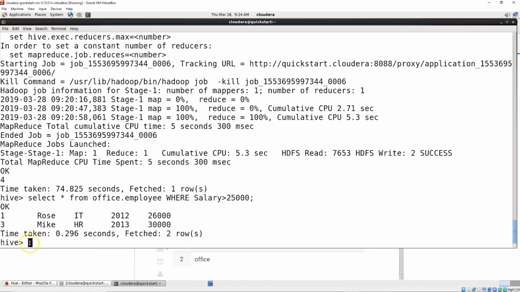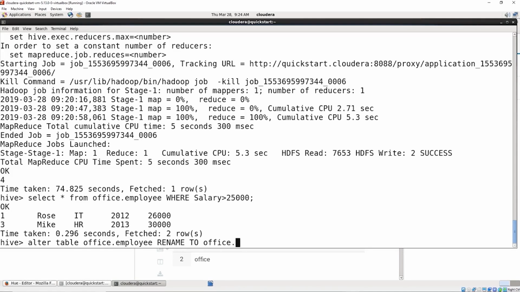So finally what we want to go ahead and do is we're done with this table. Now remember, you're dealing with a data warehouse, so you usually don't do a lot of dropping of tables and databases. But we're going to go ahead and drop this table here. Before we drop it, one more quick note is we can change it. So what we're going to do is alter table office.employee, and we want to go ahead and rename it. There's some other commands you can do in here, but rename's pretty common, and we're going to rename it to,